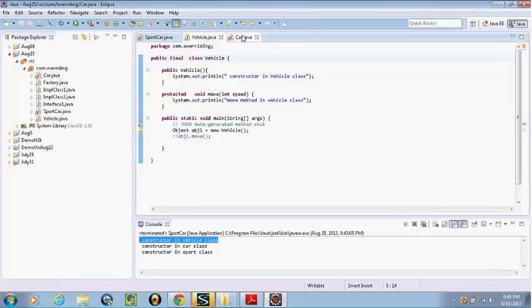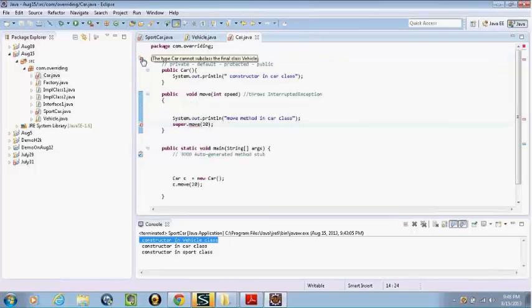We don't make a constructor final. No. Okay. When we make a method final, we cannot override the method. And when we make a class final, we cannot extend the class.